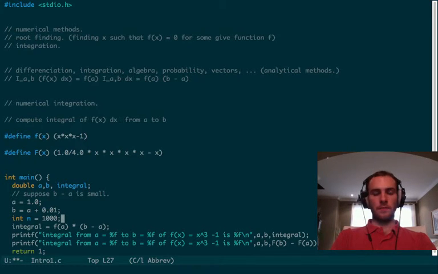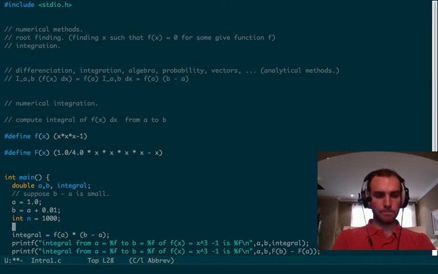And then let's do the integral on each interval separately and then add the whole thing together at the end. So before int I